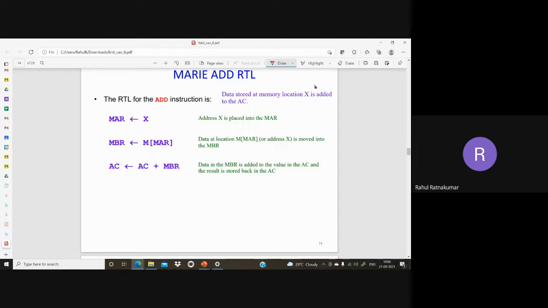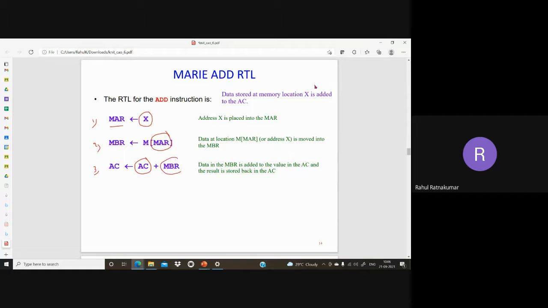So here in the add instruction, the address from where my operand is coming is loaded to MAR. This is the first part. The second part is that from the location pointed to by MAR, my data goes to the MBR. Now one data is already in the accumulator, the second data is already in the MBR. Now we can add them, and the result is in the accumulator. So these are also sequential operations. In clock cycle one, the first RTL is executed. In clock 2, the second operation is done, and in clock 3, I can execute the third operation. So this is sequential, and it is managed by the clock.